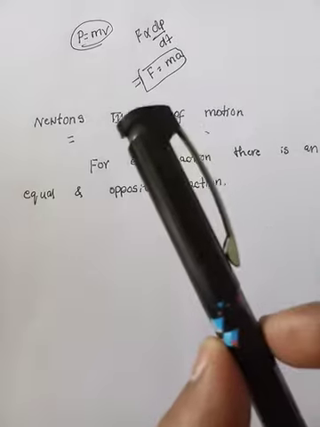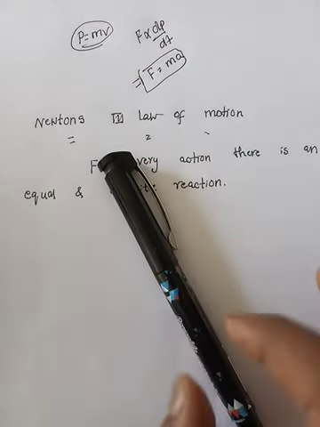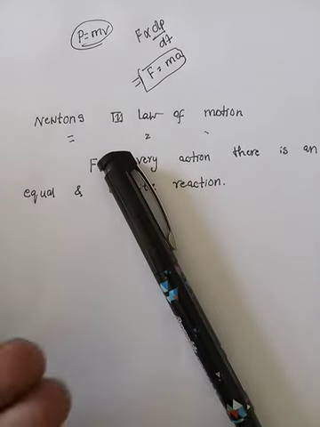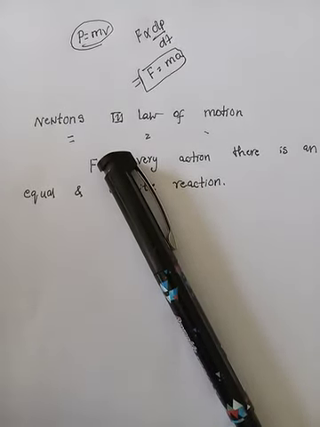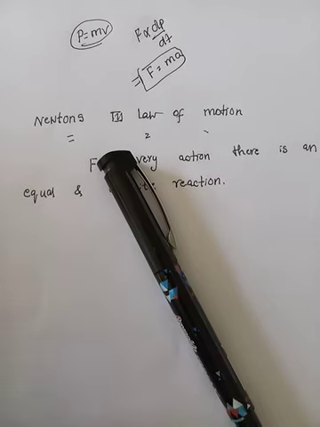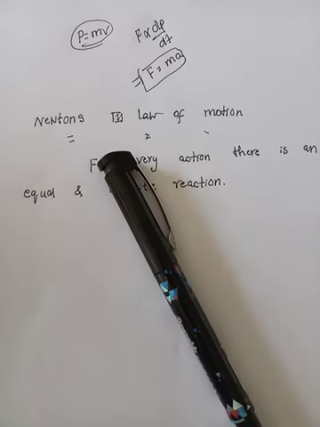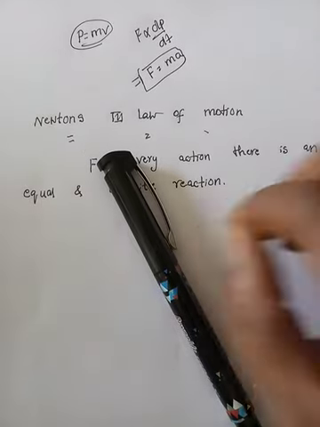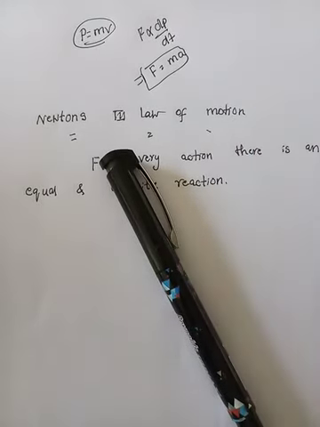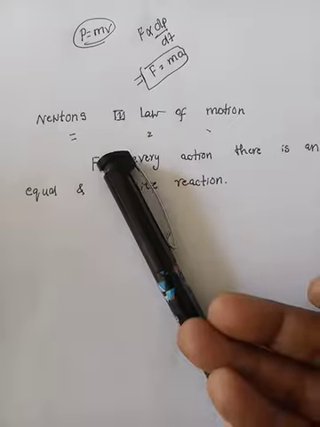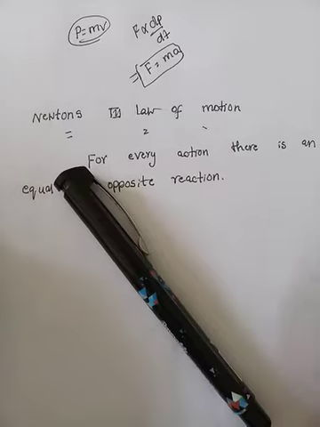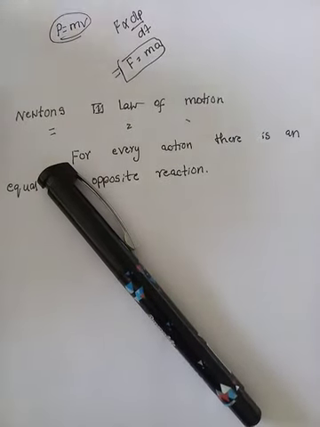So when you place this pen on this book, the force exerted by the pen on the book is called action. And the book also exerts a force in the opposite direction. That is called reaction. Since both action and reaction are equal, the body is at rest. If action is more, it penetrates through the book. If the reaction is more, it will move to a height. But here it is in equilibrium, which means the action is equal to the reaction.